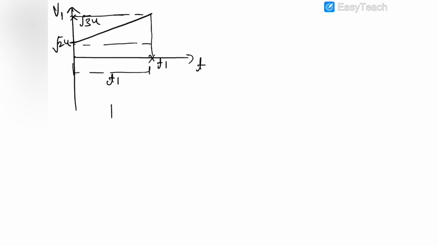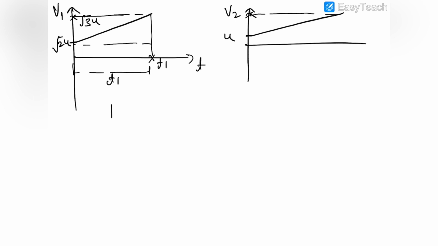So this is the VT graph of the first particle, and the VT graph of the second particle would be like that. It is starting from u, and this is v2, going in the upward direction, and its velocity is root 3u, and the time it takes is t2. So you can easily see that if we find out the area bounded between this graph and the x-axis, the time axis, this area would represent the displacement traveled, which is x